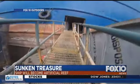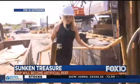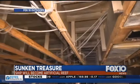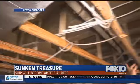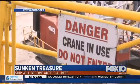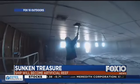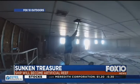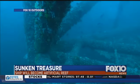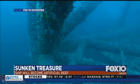They let us tag along to get a sneak peek inside what will be one of the largest artificial reefs in the state. A marine here has to take all his wood out, everything down to just the beams. Dozens of workers are inside cleaning it, opening up walls and removing harmful materials. It's a painstaking process. All the insulation, floor coverings, equipment, it's very dirty work. But soon the New Venture will be completely transformed into a mansion for marine life